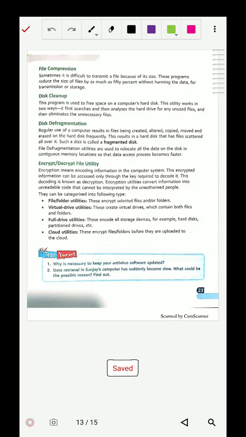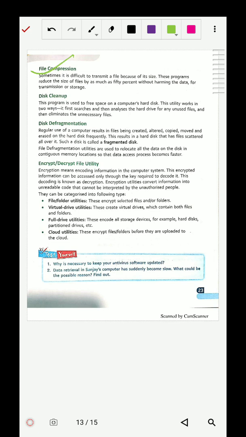Next is file compression. Suppose we have a bigger file, like 3 GB or 5 GB, and we want to send it. At that time we face some difficulty sending that big file. So what we will do at that time is use file compression.